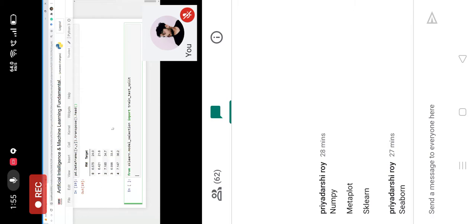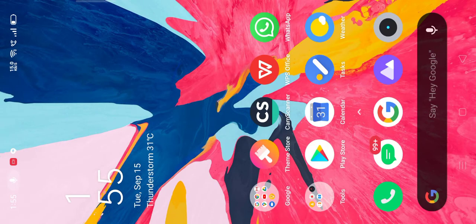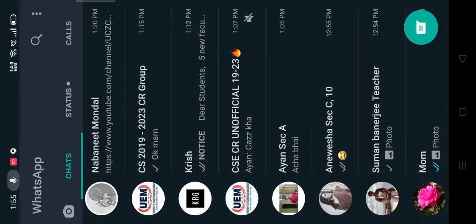Suppose I want to use 70% of the dataset for training and 30% for testing. Suppose you have 100 data instances. You want to use 70 to train your model, and the rest of the 30 you want to use to test your model.